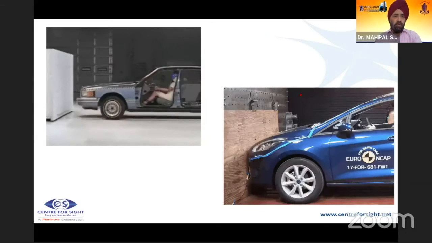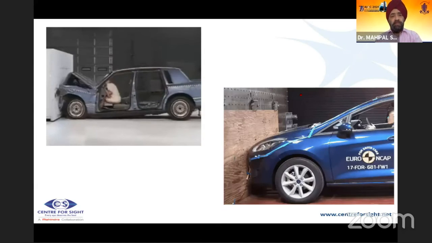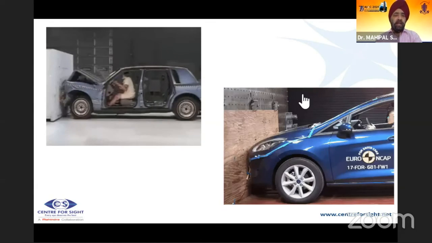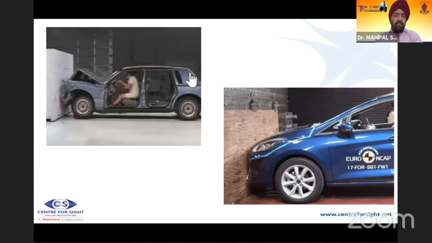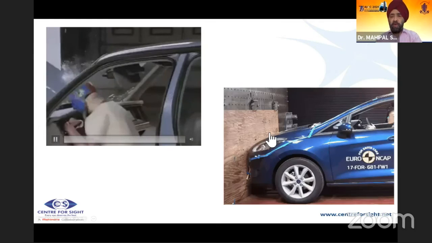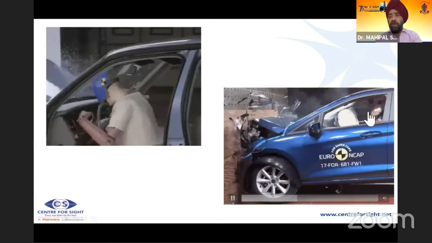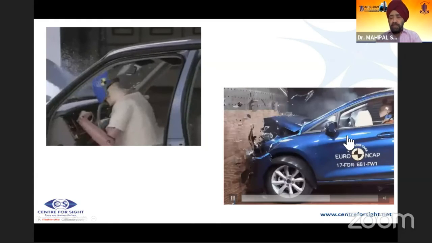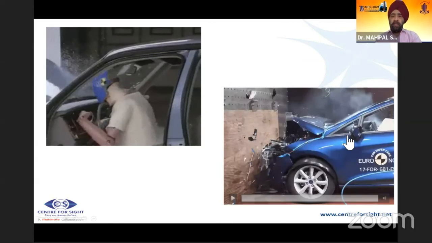So this is just to show you the older cars of the phacoemulsification variety, where you will definitely have a lot of crush injuries of the ribs. You may lose your life in a phacoemulsification, but if you have the femto advantage, where you have an air cushion, you will definitely be able to come out alive, and I would say, despite the crash, be surviving and living and make the patient happy. So femto, according to me, is a procedure of choice for these particular cases.